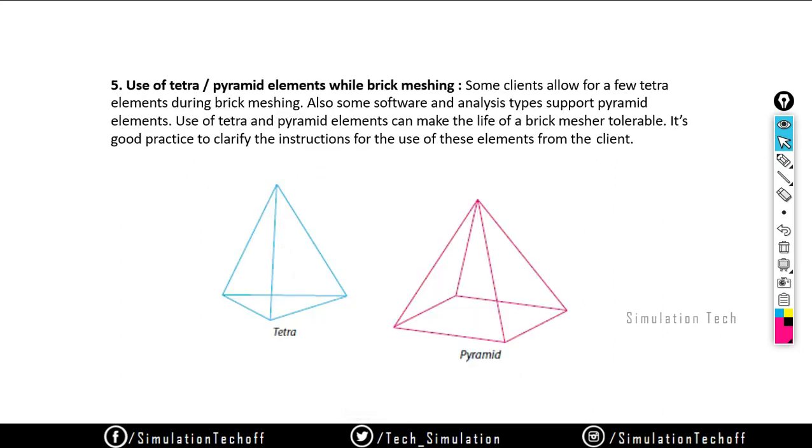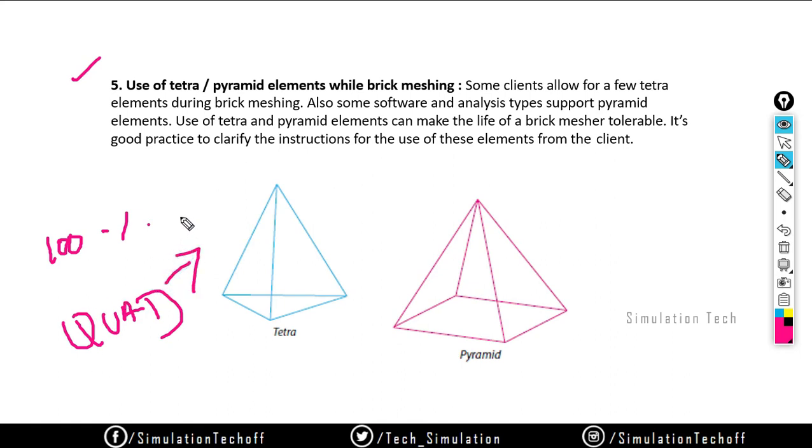Okay, and the next thing is the use of tetra and pyramid elements while brick meshing. Again, it's not an important point, but sometimes it may help you. It is not always possible to create 100% quad elements; for 2D it's quad, for 3D it is a brick element, or you can say a hex element.